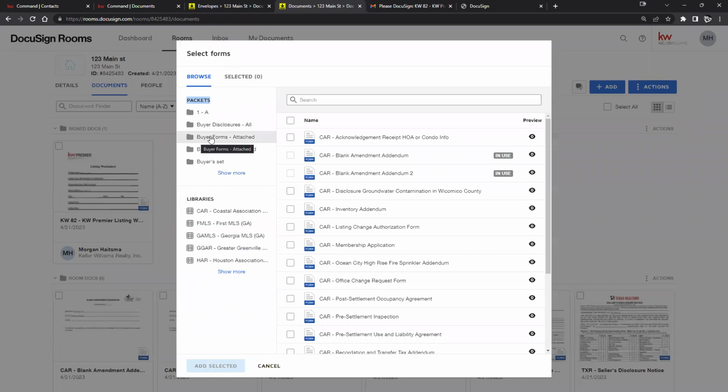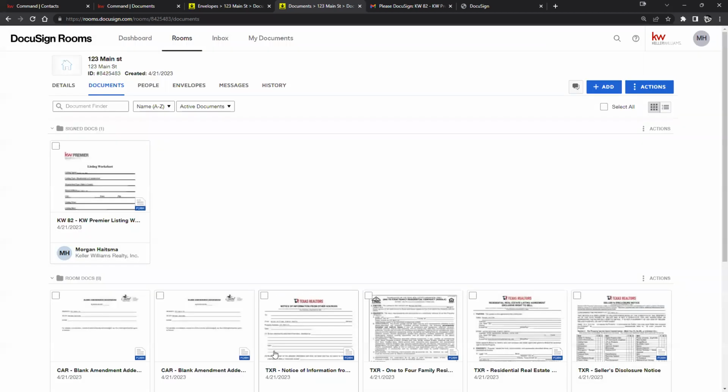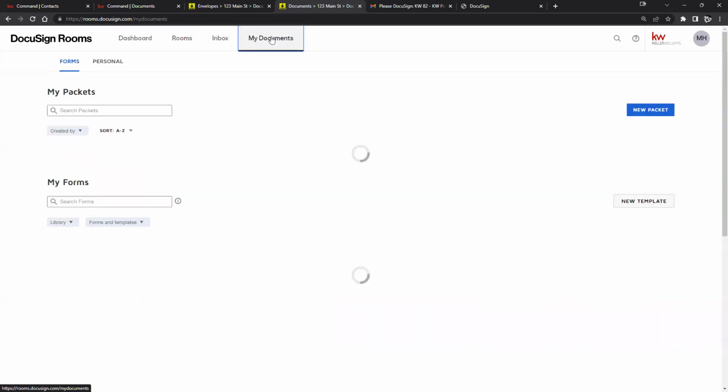And what's really cool about this is it allows you to create your own kind of folder. Say you're using a certain set of documents all the time, you can create your own buyer folder, your listing forms folder, things like that. And how we do this is up at the very top here, these four menu buttons, which are outside of your DocuSign room. So if we click on My Documents right here,